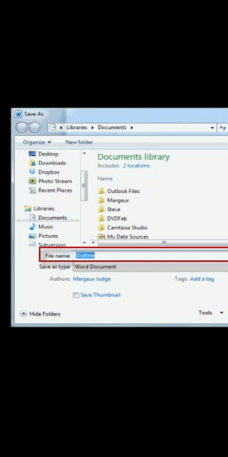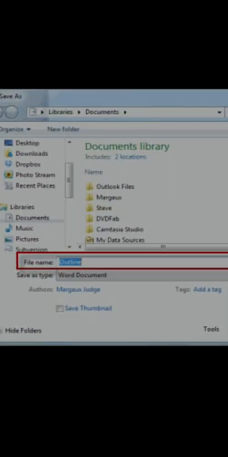For example, Microsoft Office Word document. A new Microsoft Office Word document icon gets created. Fifth, type the name of the file. For example, timetable. And sixth, press the Enter key. Understood?